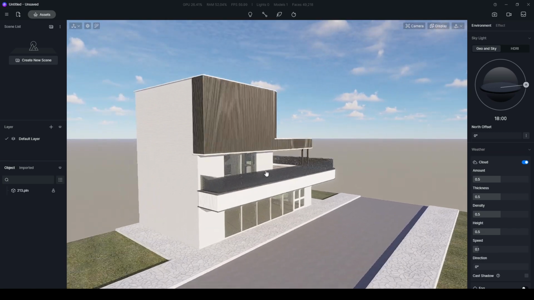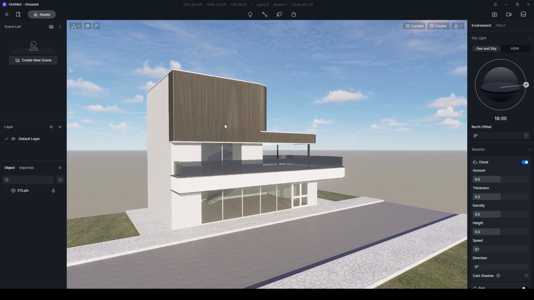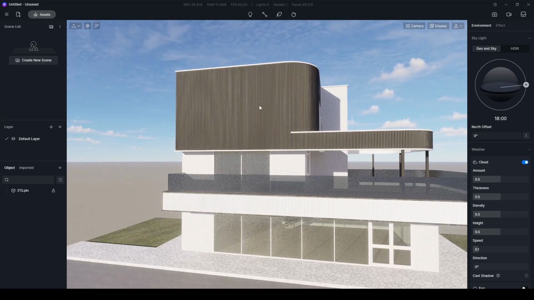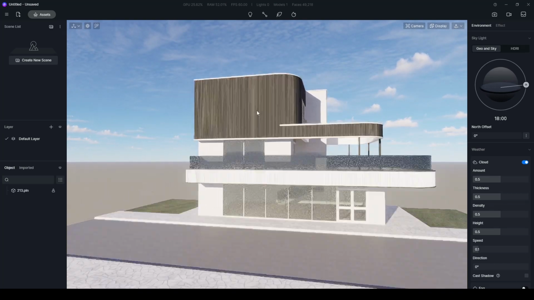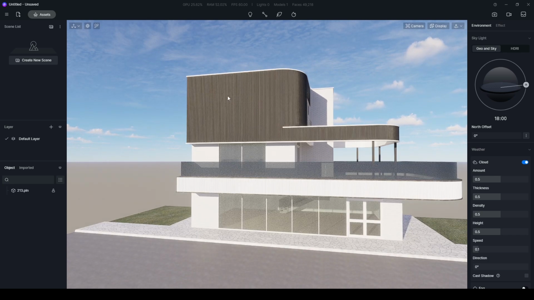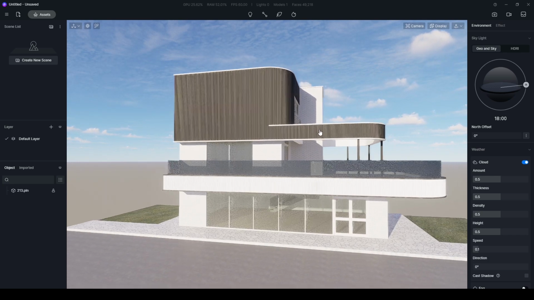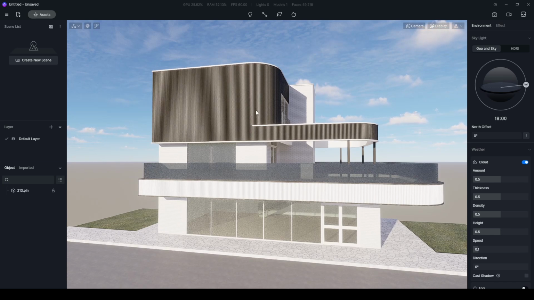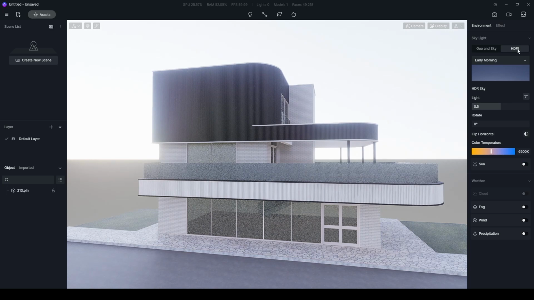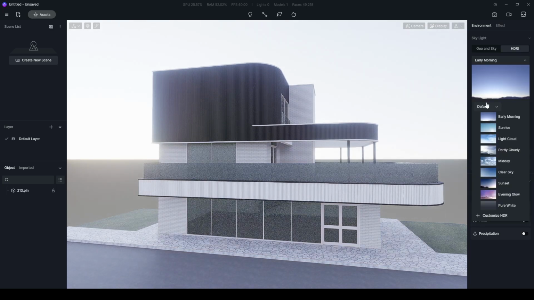Now we are going to change our materials, but actually changing materials, we are going to change specular, roughness, but it depends on the scene lighting. So we are going to determine which light we are going to use. In this example, I'm going to use HDRI. Therefore, from the right of the window, we click the HDRI and click the image.